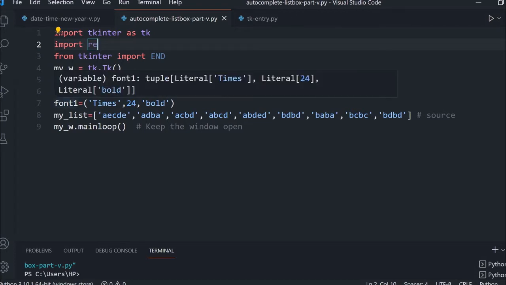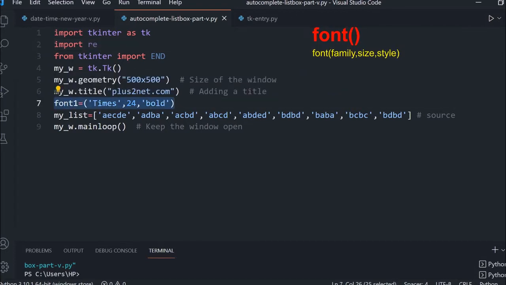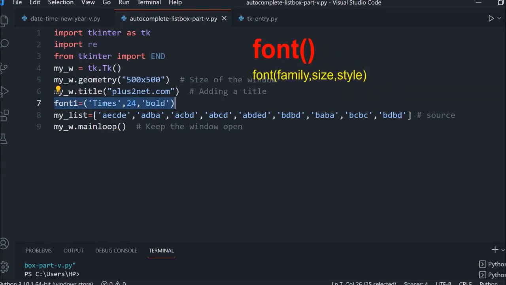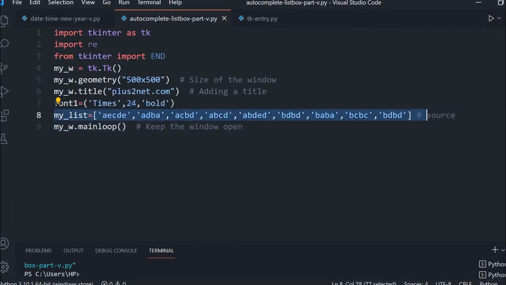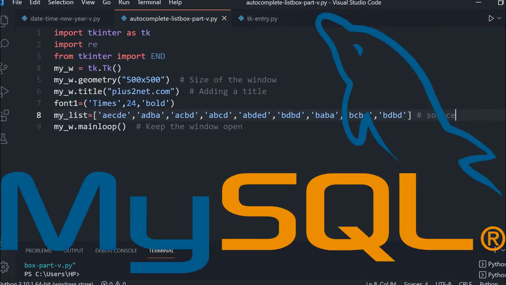Let's see this. Here I am giving a slightly bigger font. This is a tuple I am creating, which I will be using with my entry box and the list box. And this is my data. You can see I have just some sample data, and from this the options will be picked up based on what the user has entered. In other parts we will slowly change this source to go for a bigger source, in the sense that you can dynamically take the data from my database and update it. So we start with a limited source.